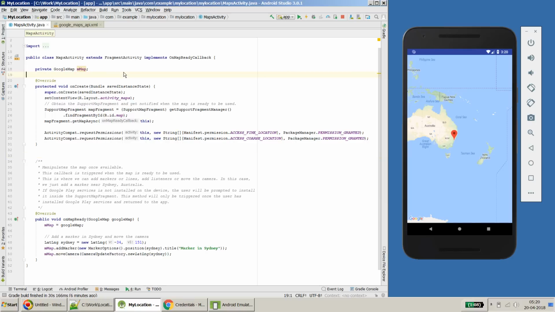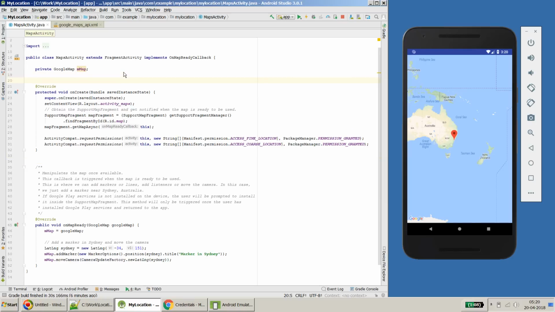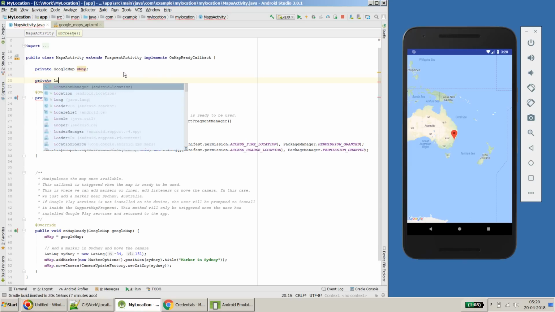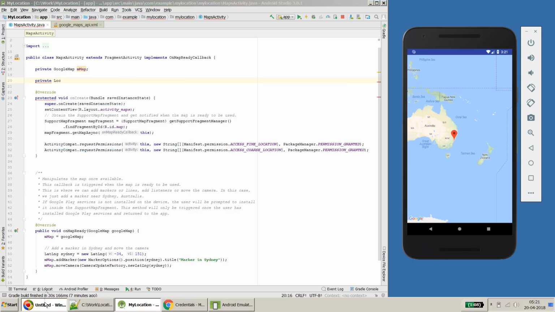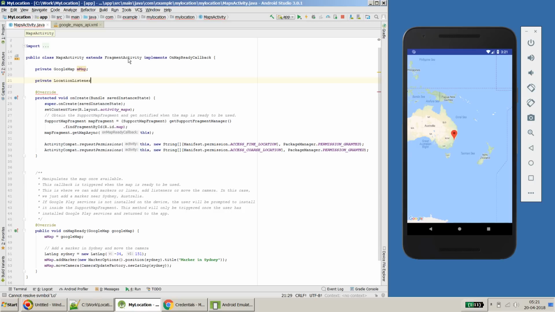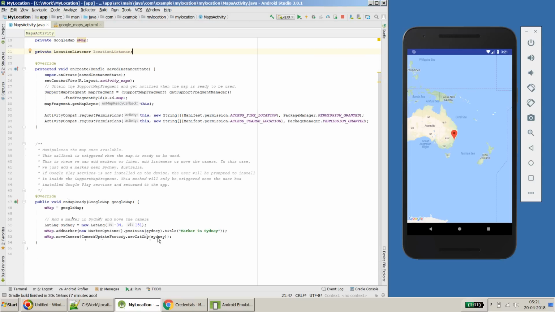Now to do anything we will need a location listener which listens whenever there is a change in location. We need some kind of listener to do that. So I will create a private variable. Yeah, location listener comes. So I just create one location listener variable here, and in my onMapReady method I will